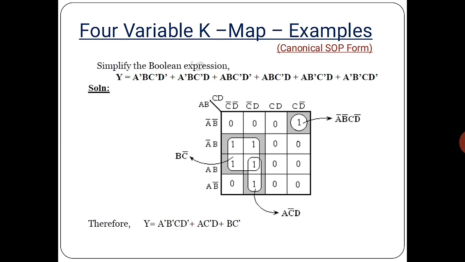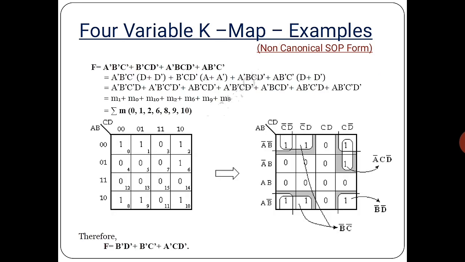In this particular pair grouping, we can check the leftmost input variables. The input variables are a b and a b bar. So a will be the common letter, and also we are going to look at the topmost variable values c bar d. So c bar into d will be the common variable. So now we can write it as a into c bar into d. It is a 4 variable Karnaugh map with the canonical form.